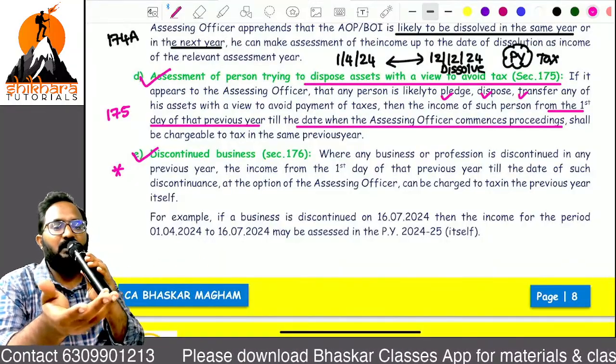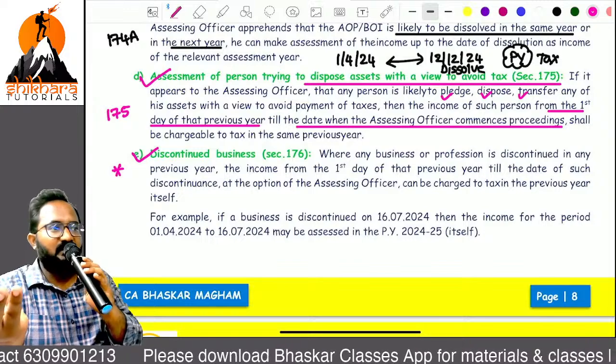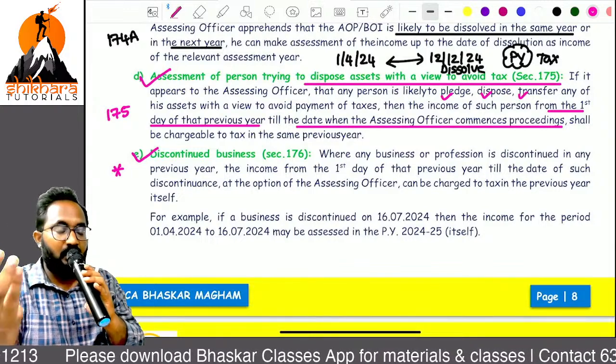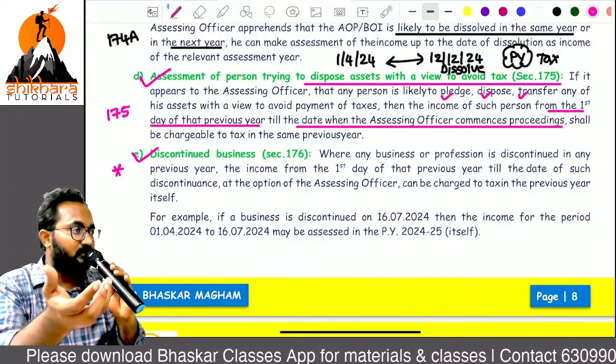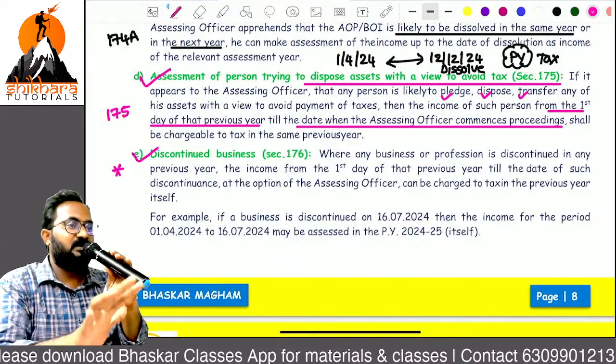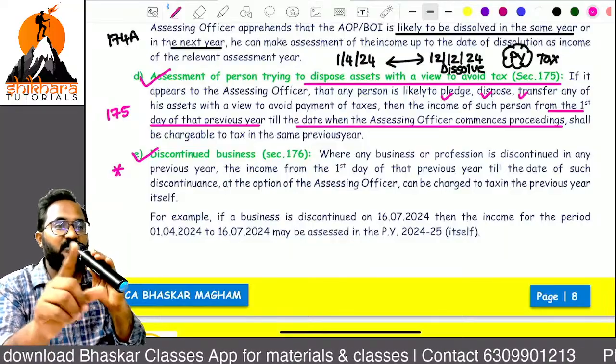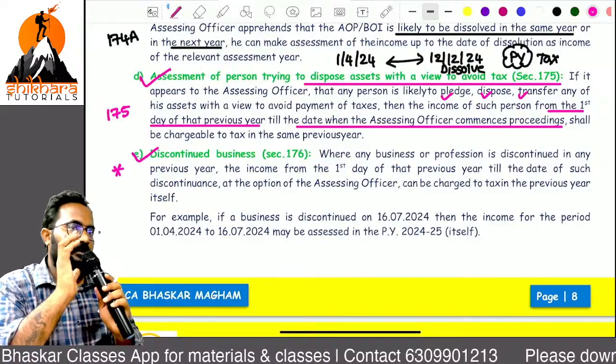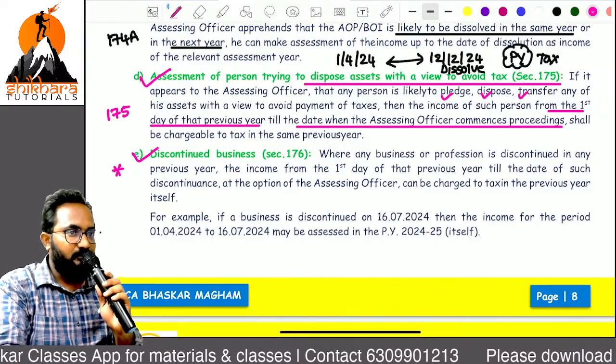Yes, if you discontinue your business, you have to surrender your GST credentials also. For the remaining statutory authorities also, you have to submit that information. By using that information, the AO will know that this business has been closed. No, but it is not mandatory.